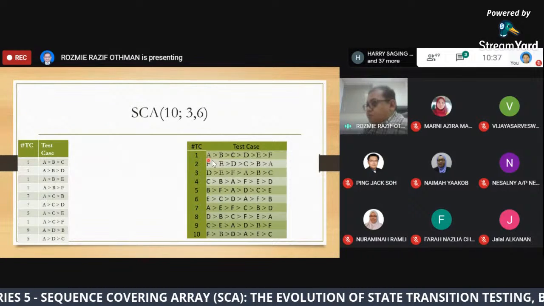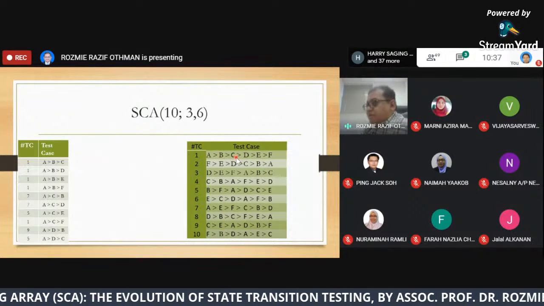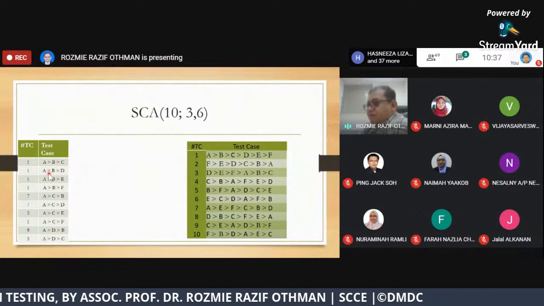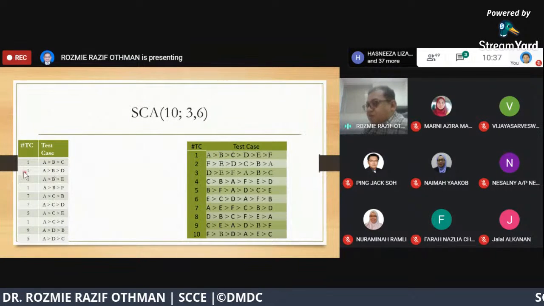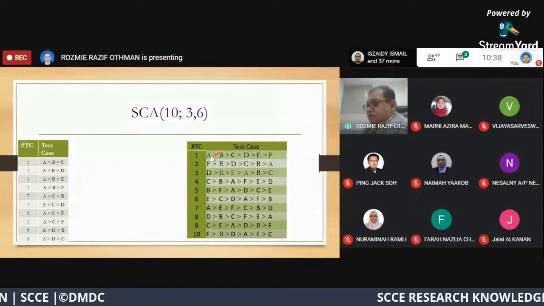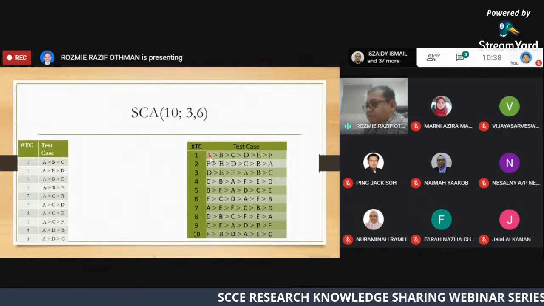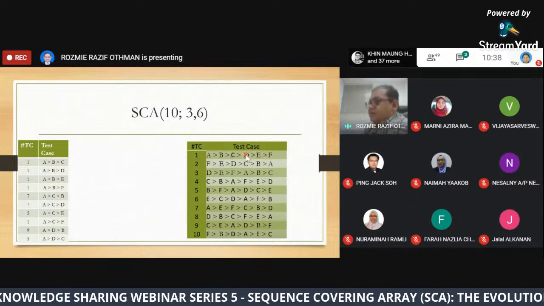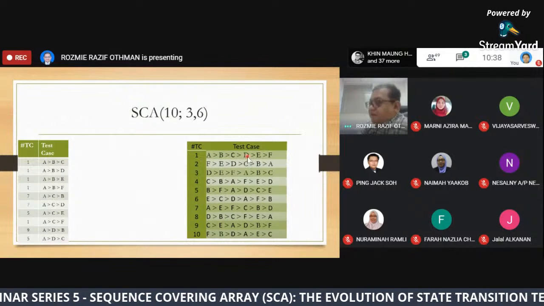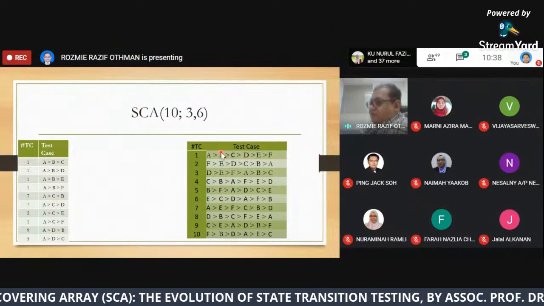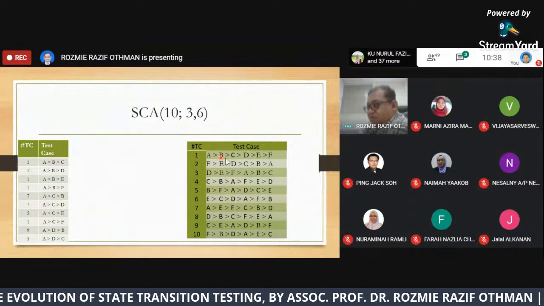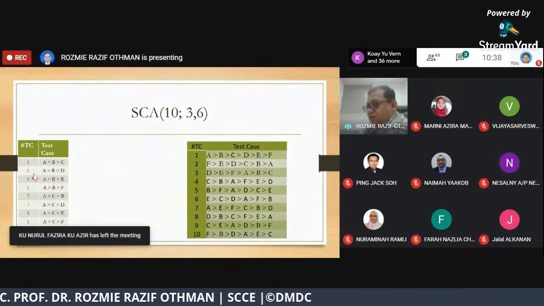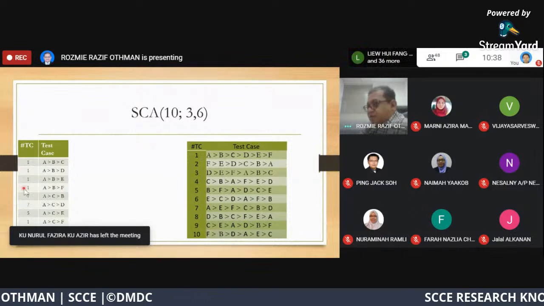A goes to B, goes to C, means that A happened first, then B, then C. Same thing for A, B, D, still covered by test case number 1, because A happened first, then B, then after B is D. So D basically happened after B has occurred. And the same thing goes for ABE, ABF. This one is all covered by test case number 1.